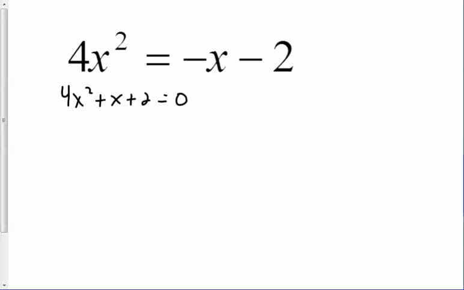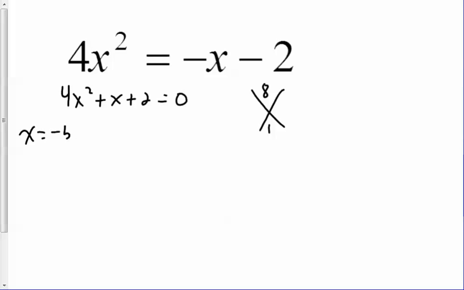All right. Now I could try to factor this, but a times c is 8, and where are my factors? Well, we could try it. A times c is 8 and b is 1. Where are my factors of 8 that add up to 1? Can't think of anything. So I'm just going to go ahead and do the